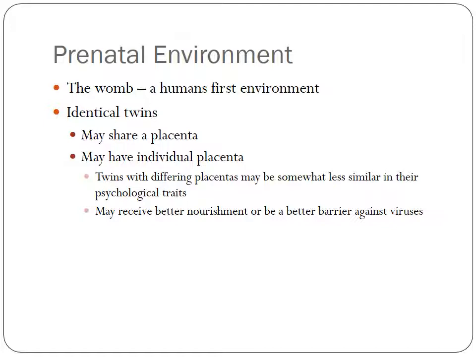Identical twins can actually have two different possible setups. They may share a placenta, and a placenta is an organ that is grown by women who are pregnant, and it helps filter out what we'll call teratogens, any kind of damaging viruses or bacteria or drugs or anything. It tries to strain that out from having contact with the infant. Now, we do know, though, that there are certain viruses and certain drugs that can actually pass the placental barrier and impact the child. But with identical twins, they can have a single attachment and they both share the placenta, which means they have the exact same barrier, or they might have two different placentas.